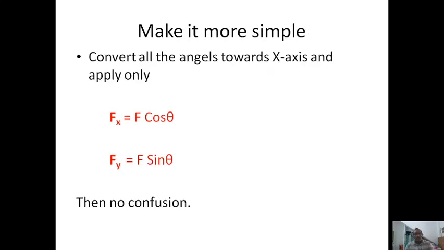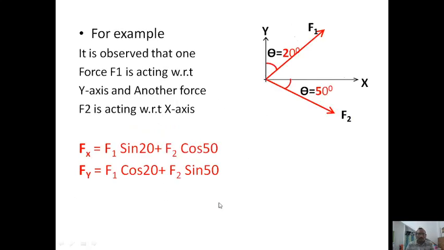to make it simple. All the x's are in cos theta, all the y's are in sin theta. How do you see this? In general,